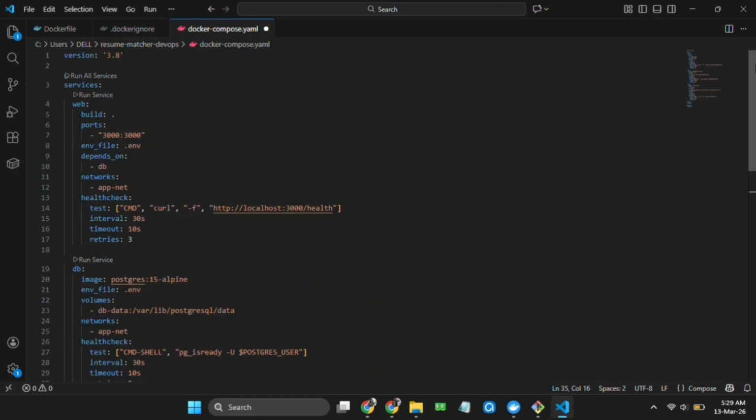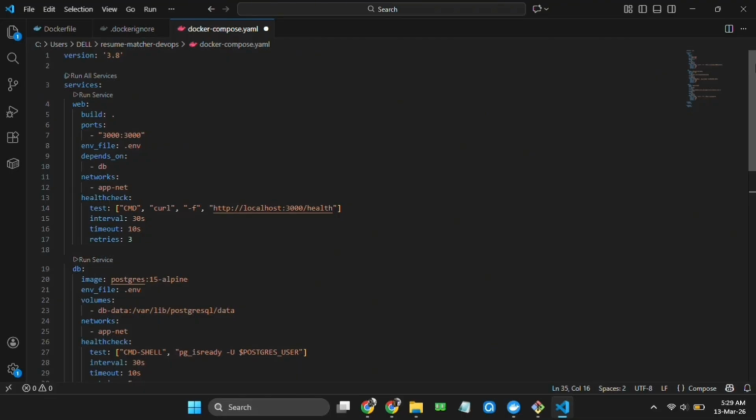Now the DB service stack in a Docker Compose file. It uses Postgres 15 Alpine, which is lightweight, as a base image. The env file loads the credentials or configurations from .env. Volumes persist data in a named volume, db_data. We need something to store our data. So db_data is the named volume where the database data would be stored, and the actual path is /var/lib/postgresql/data.